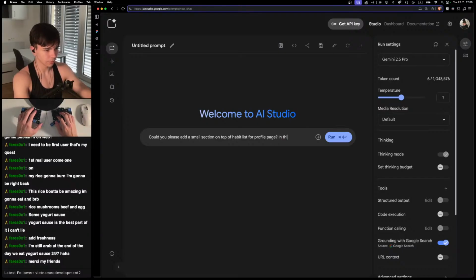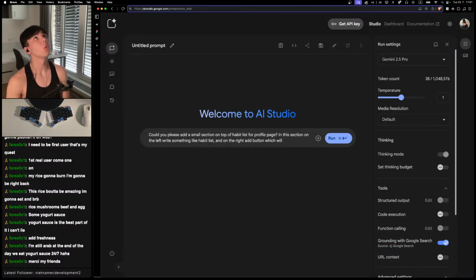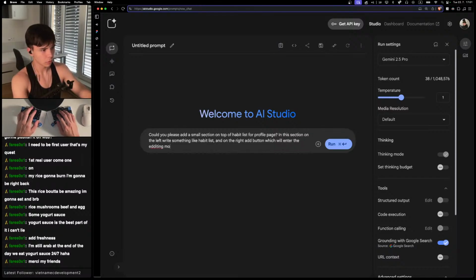In this section on the left, something like habit list, and on the right add a button which will, how do I say it properly? Which will enter the editing mode